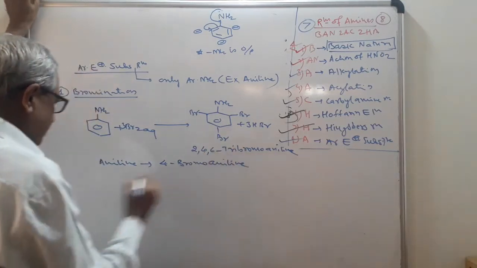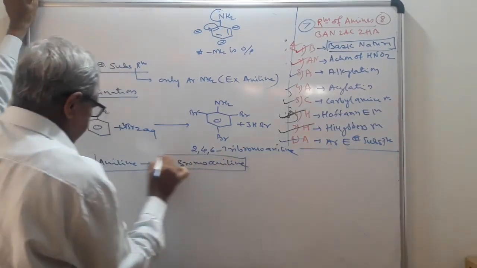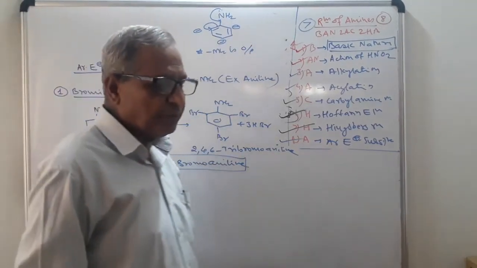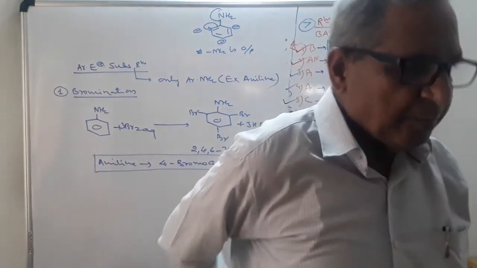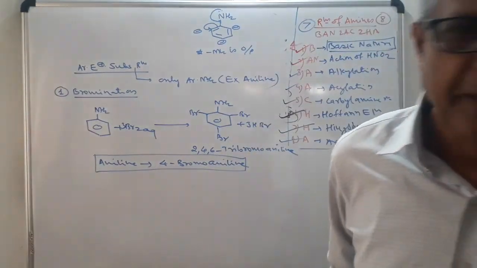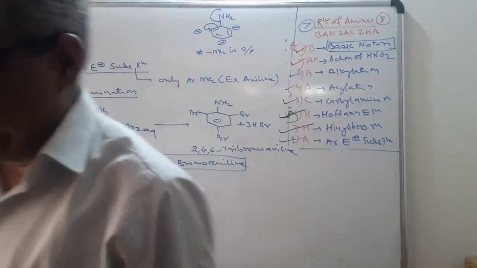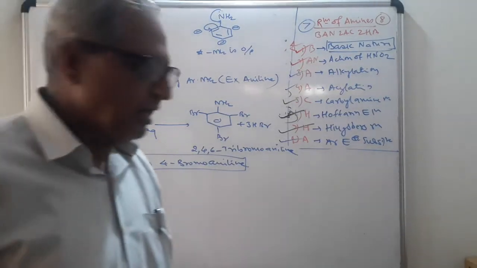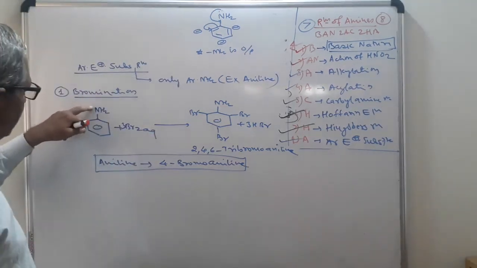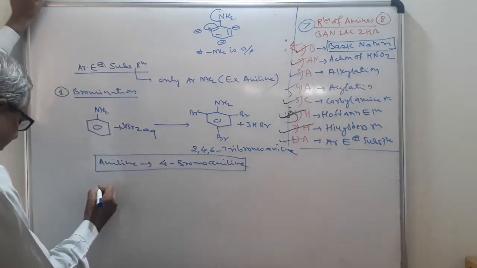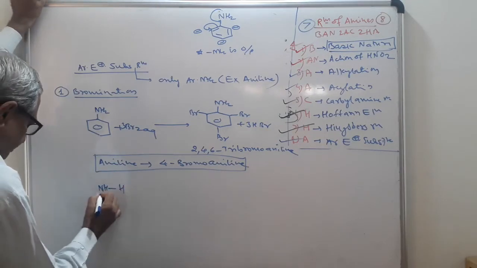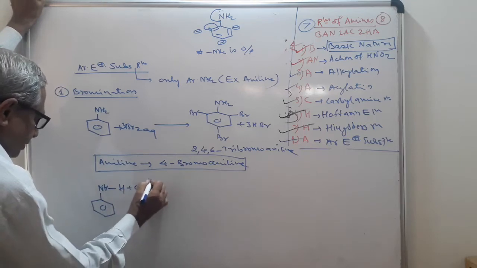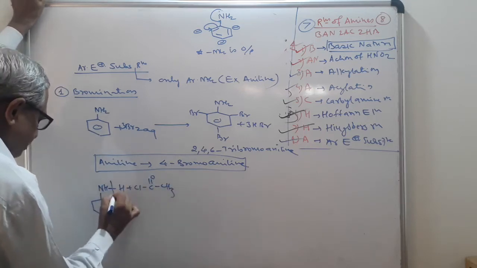How will you prepare it? This question is very, very important. Now see, the NH2 group is an activating group, an OP director, therefore all the ortho and para positions will be occupied by the electrophile Br plus, and you will get the tribromo derivative. But here we want the monobromo derivative, only at para. So we have to protect the NH2 group, and it can be done by acylation. You learned acylation just now. You will do the reaction with COCH3. This is the protection of the NH2 group.